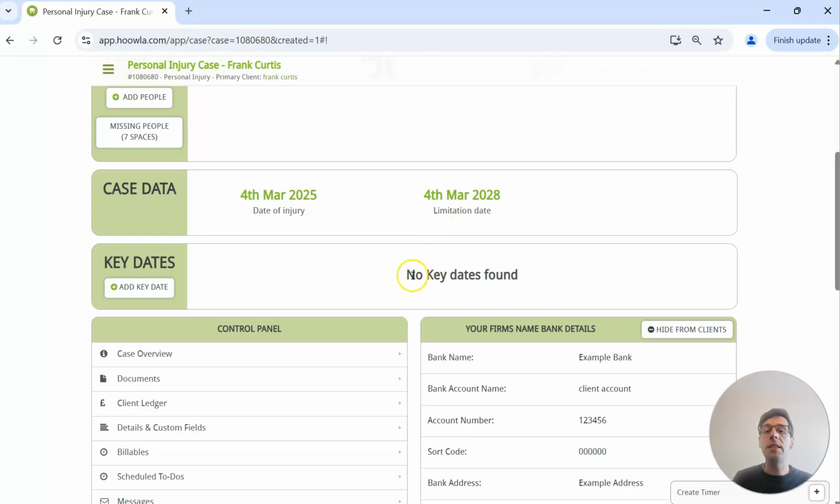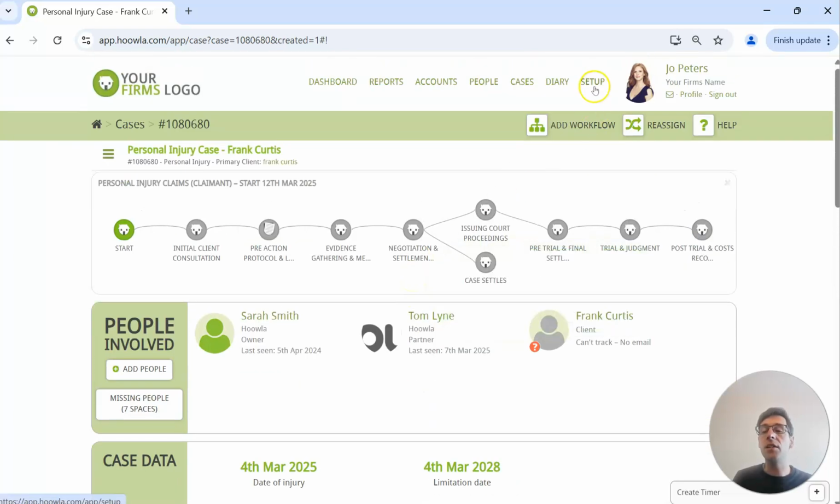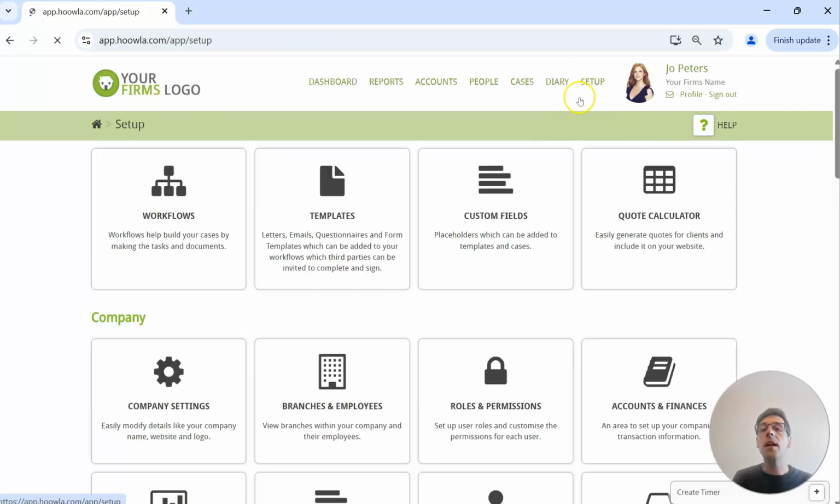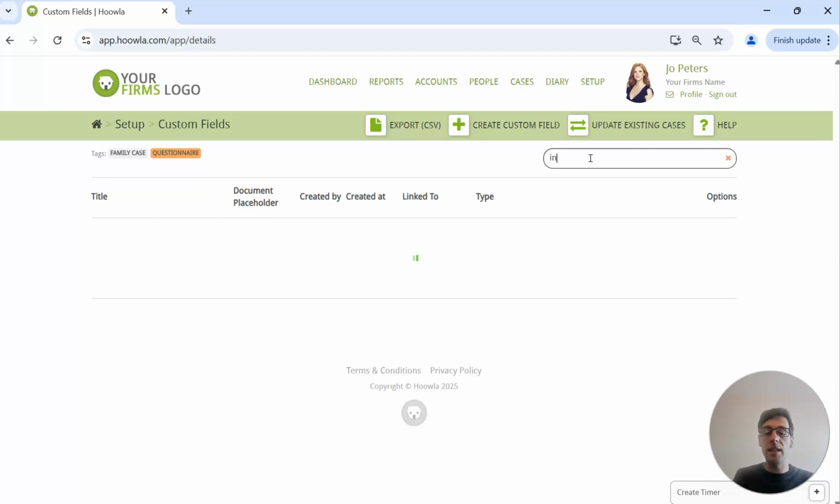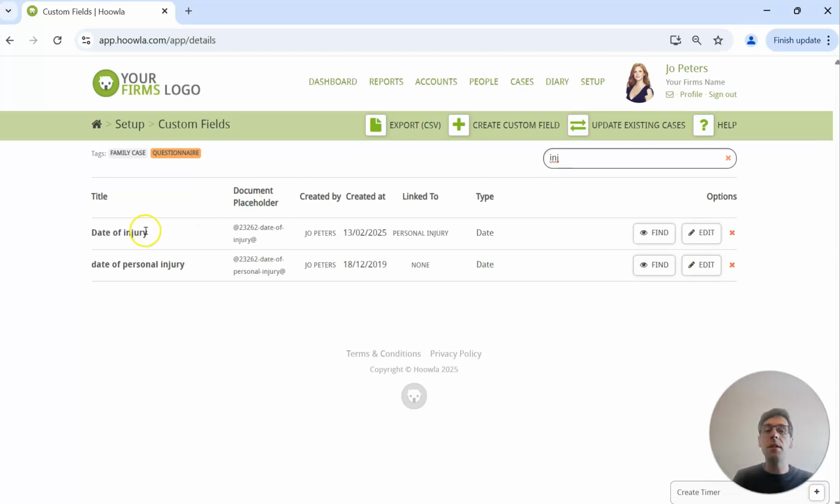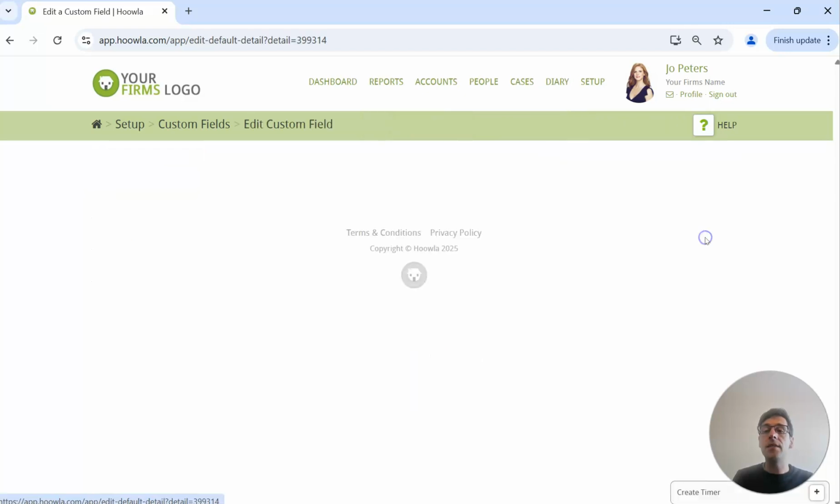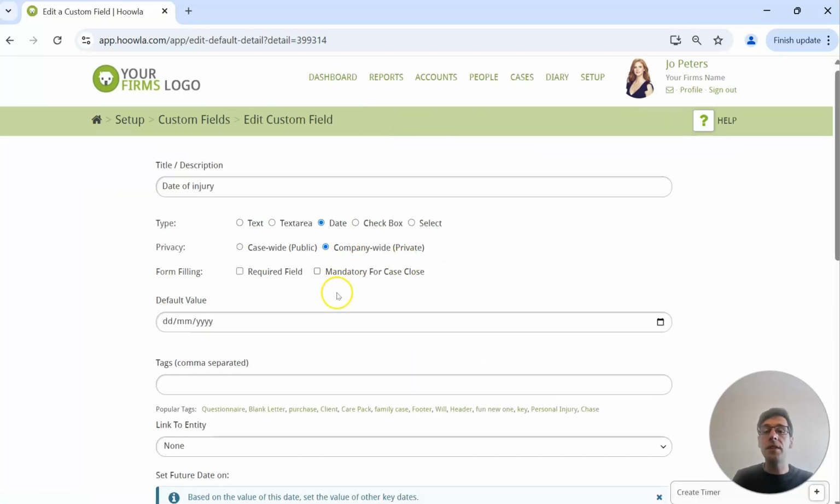So let's dive a little bit deeper and see how that was actually created, because the power of Hoowla is it's configurable. So in the setup area, the way I've built this is using the custom fields. They're the database fields for your account in Hoowla, remember. I've set up an injury date. So here before, I've got the date of the injury,